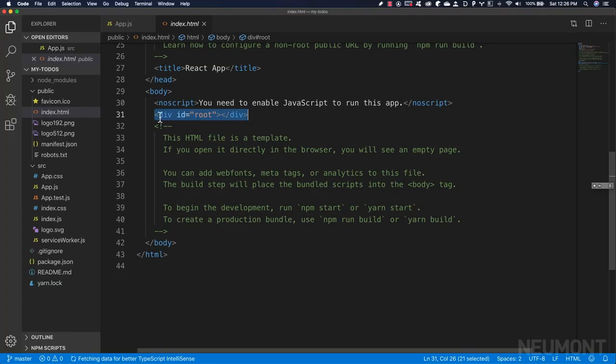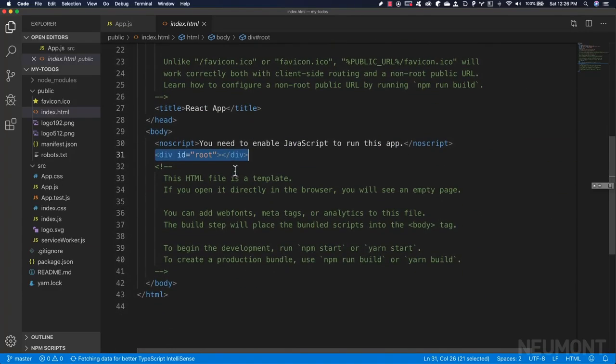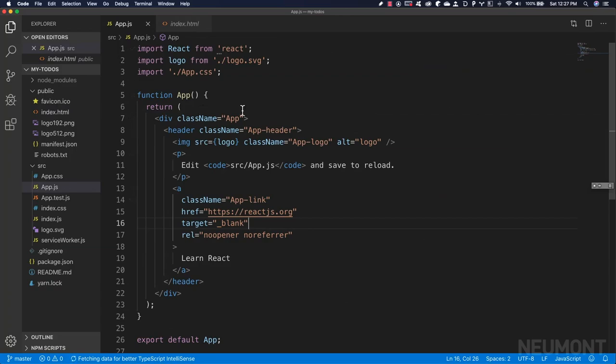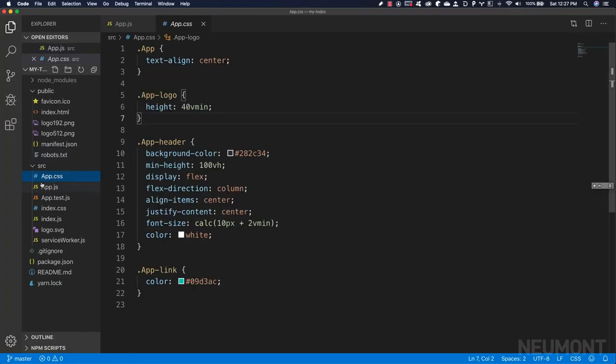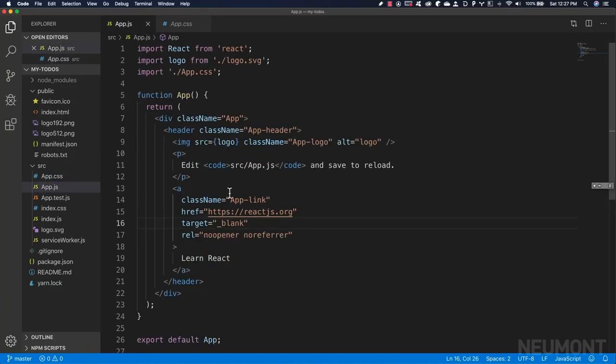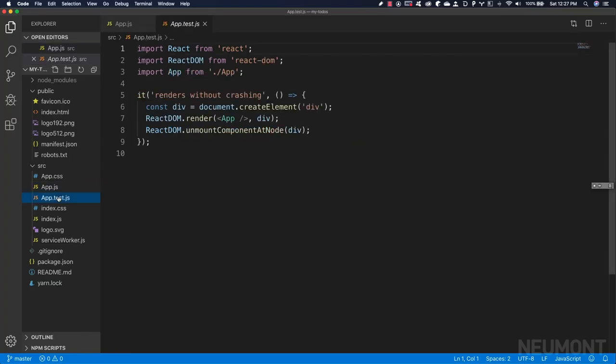So that's where it will live inside of our HTML page. And it is the mother of all components. It is the parent component for all components in our application. And the app.css is the styling for that specific component. Then we have a generic